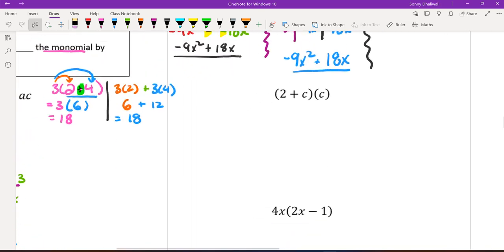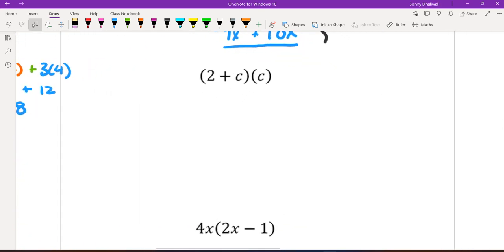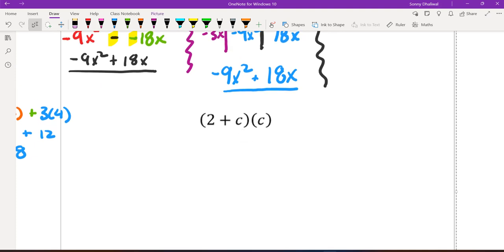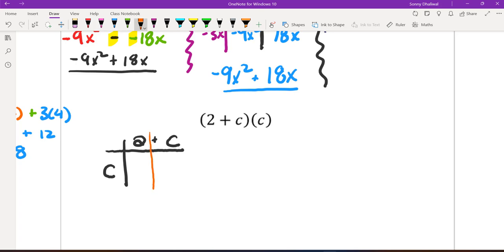Okay, so try. Actually, maybe I'll set this one up. All right, we'll set this one up. Remember, that it doesn't matter where that single letter is. So we go like this. I'll do the area method. I'll write down 2 plus C. And I'll draw that line here. So we'll talk about this first. So in this first box,